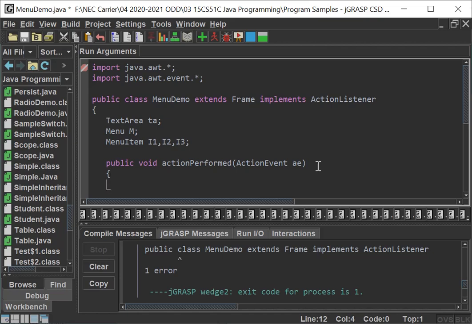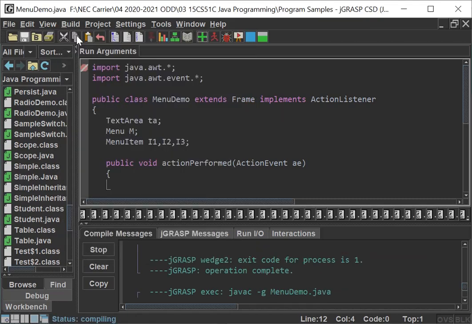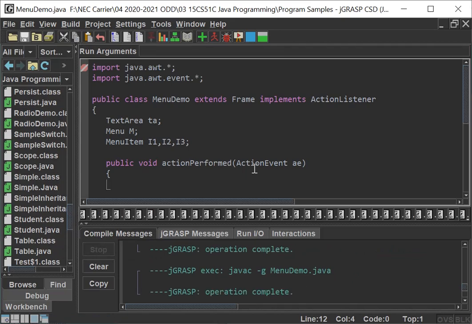After that, I'm going to save it and execute it. So there may be another error. Is there any error now? No, there is no error. This is what you want to understand.